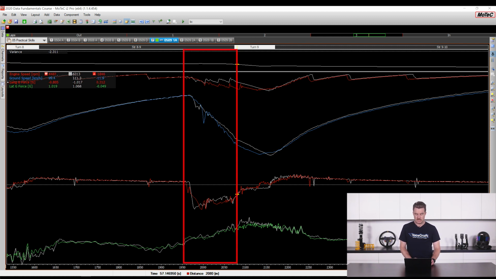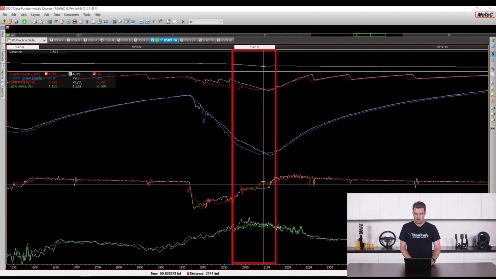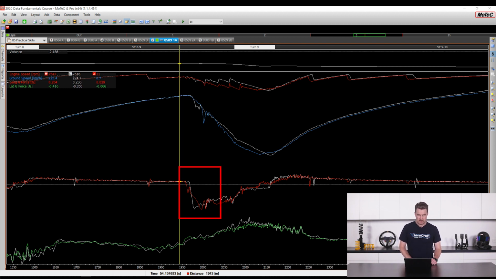So this is what I would generally refer to as the first part of the braking phase, and then this later section here is what we'd call the late brake, when you tend to be trailing into the turn. And we can see that's where the gradient is strongest in the variance. It pretty clearly lines up with the difference in the speed traces there. We can see that the pro is going a little bit later on the brakes when they start their braking, but that's not the most prominent part here.